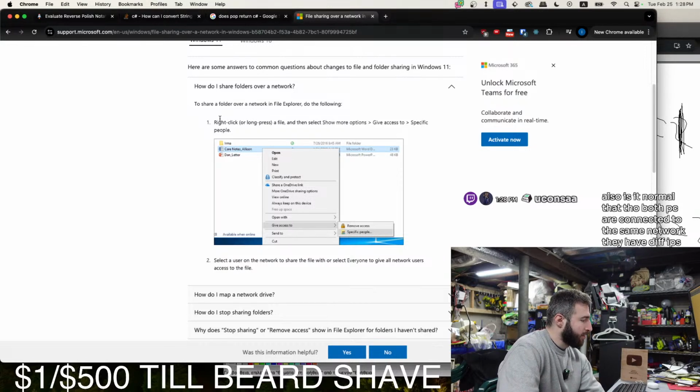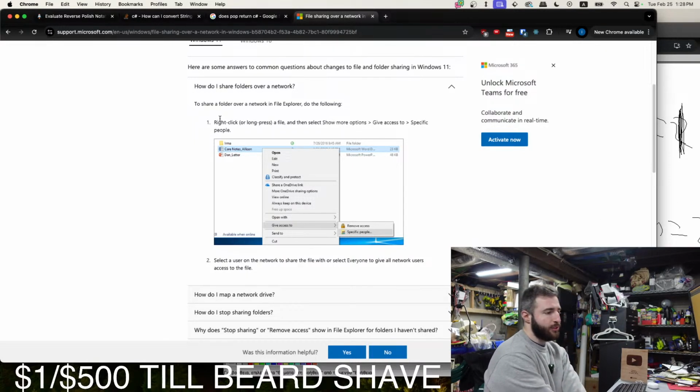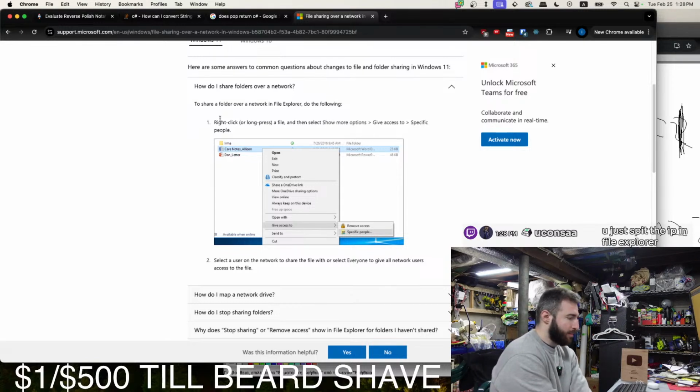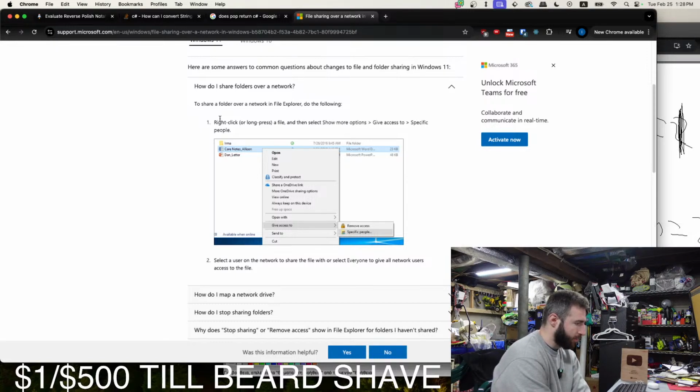Also, is it normal that though both PCs are connected to the same network, they have different IPs? Yes, that is normal. Each device that's connected to a network needs to have a different IP address. You just put the IP in File Explorer. See, yeah, that doesn't completely work because the PC needs to be listening for different requests.